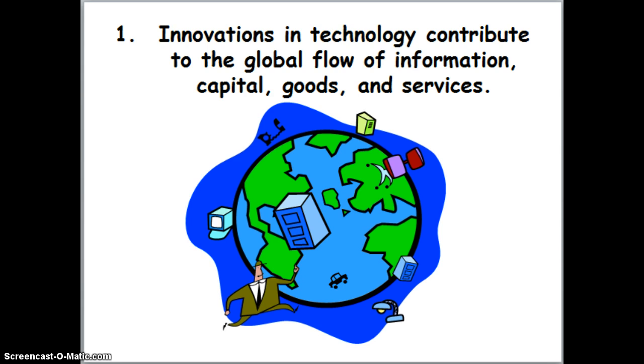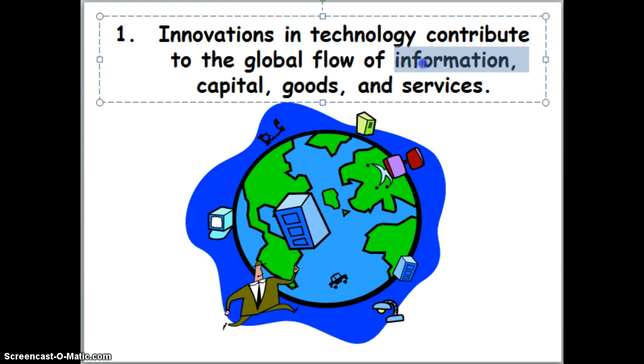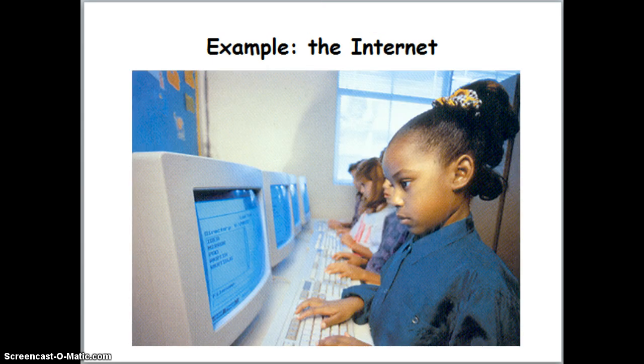But one of the main things is this idea of this increased flow of information. And I'm sure you guys are thinking about it, and you are exactly right. The internet is primarily responsible for this impact and increasing of information. We now can go on the internet, we can Skype with people in other countries, we can buy a product from another country in seconds. And with Amazon and all these other internet provider companies, we're able to even get those resources very, very quickly.